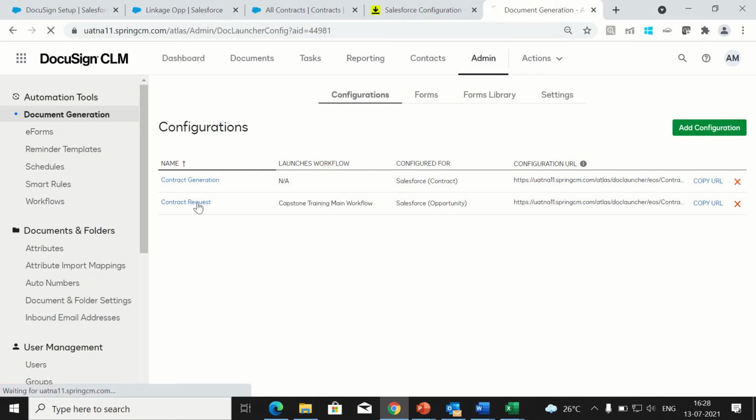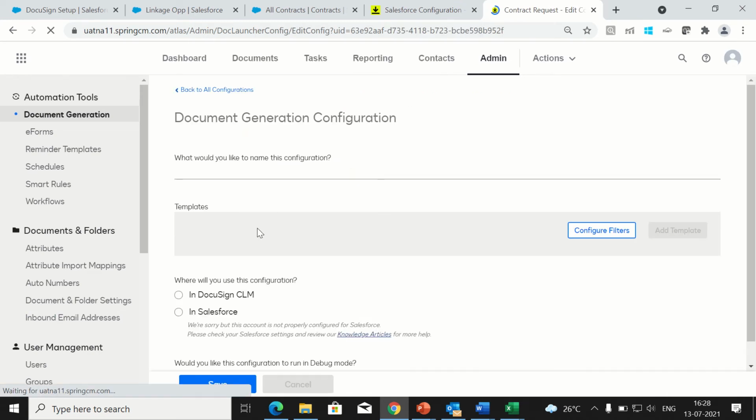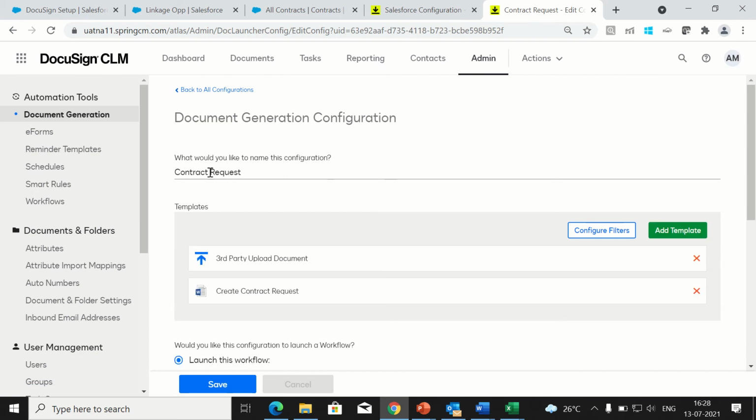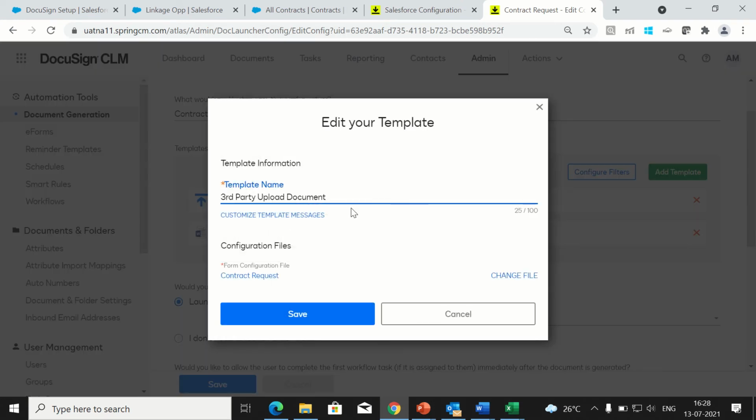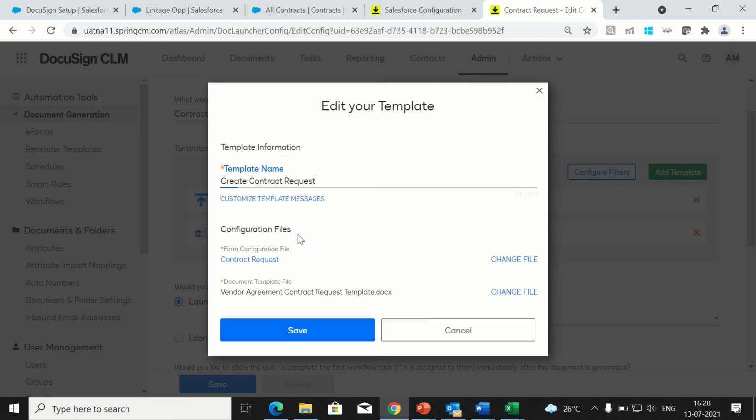Now for the contract request and generation, the request one will be used from Salesforce to launch the doc launcher, so that a request can be made. Here are the two steps. One is the upload one, the uploaded document, where the request form is used. The second one is creation of a document, with the same template and form which I showed now.